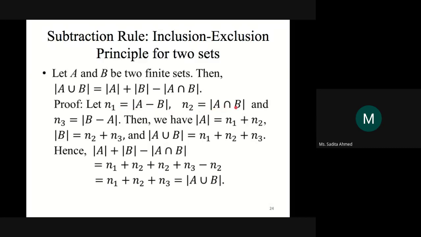What will we have in the intersection set, guys? The common elements. Elements that are common in both A and B. Yes, the common elements between A and B will be here in this set. And let's say n2 represents the number of elements in this set. And similarly, n3